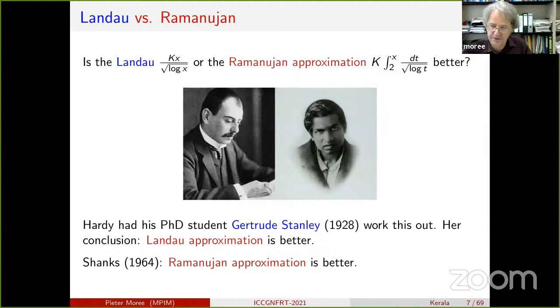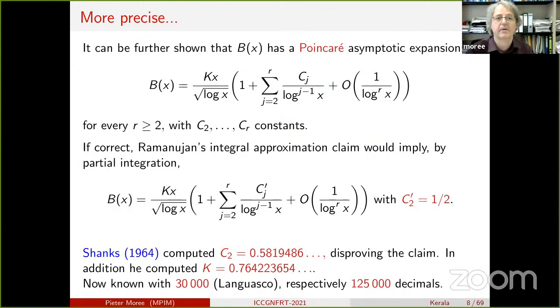So the counting function of the sums of two squares is better approximated by the integral than by the asymptotic. And this is some motive for this question, because we're going to look at other counting functions and we're trying to answer this question. Now, one can be more precise, and actually you can look at not only the first order term, but second order terms.